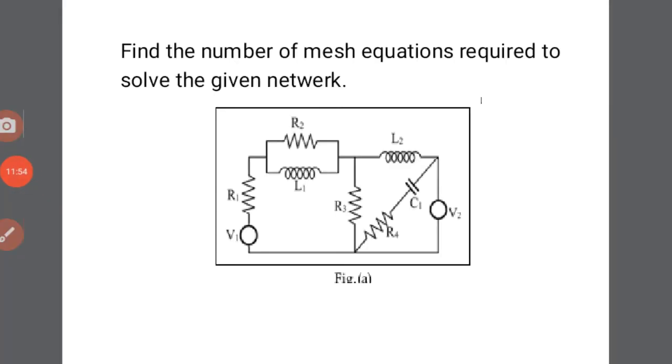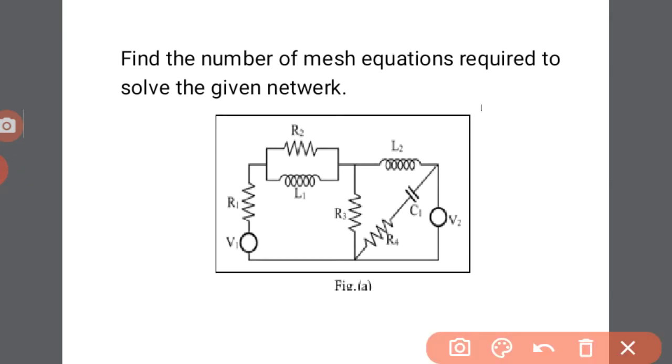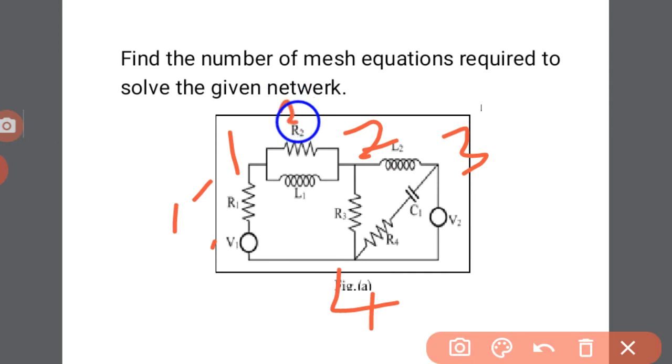So next find out the number of branches. The number of nodes is equal to 1, 2, 3 and 4. In between the nodes we have to find the branches. In between nodes 1 and 4, the number of branches is only 1, that is resistor R1 and V both connected in series in between 1 and 4, that is branch 1. Next, in between nodes 1 and 2, there are 2 branches because these two are connected in parallel, so these will be considered as branch 2 and branch 3. In between 2 and 4, that is one resistor, that is the fourth branch.